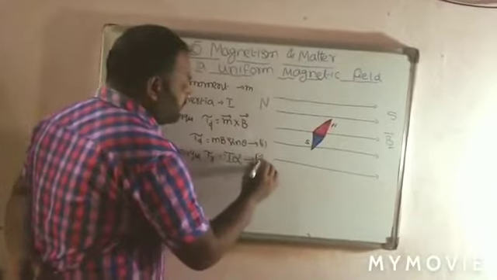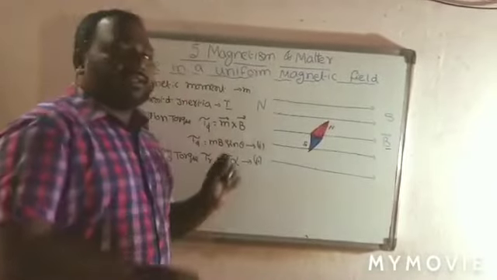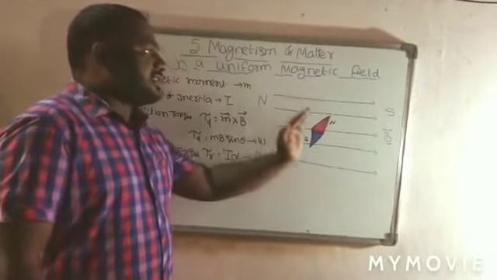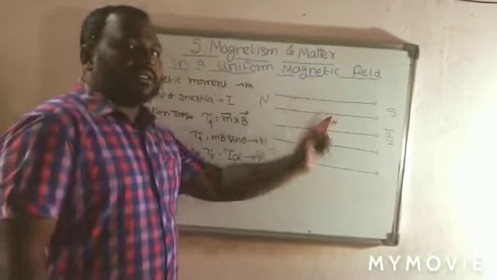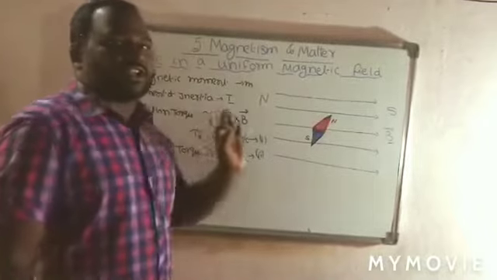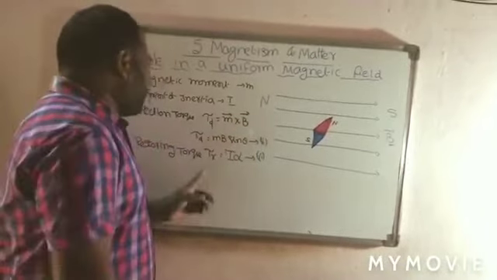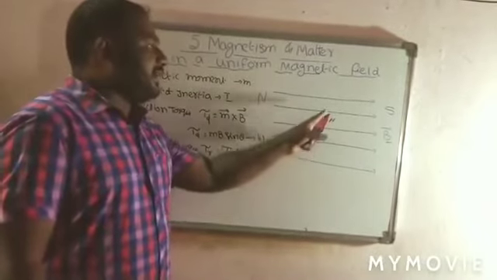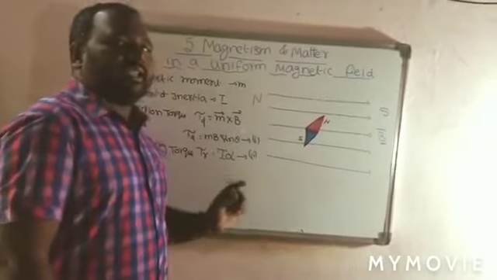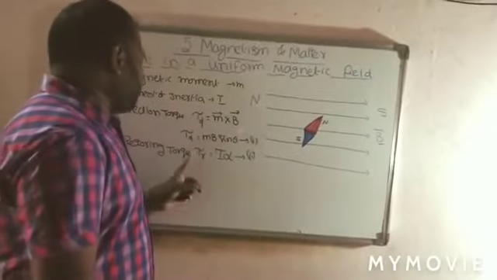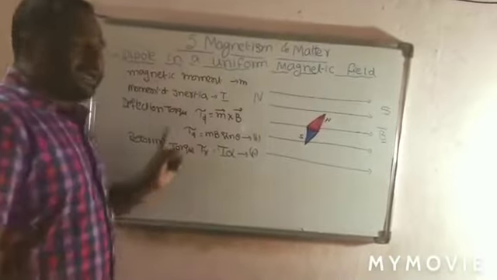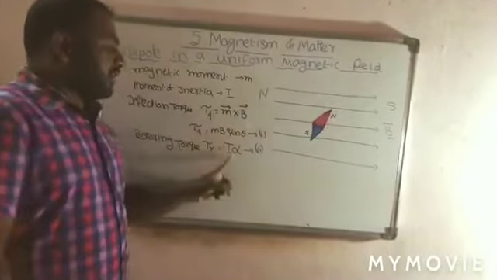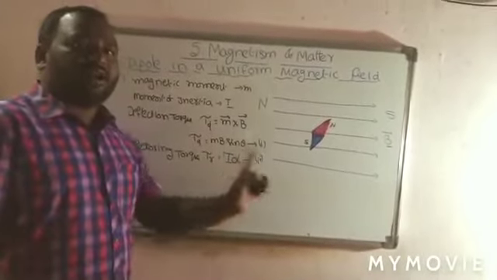This is equation 2. So clearly observe, there are two torques. The first torque causes oscillations in the magnetic dipole. That torque is known as the deflection torque, and another torque is used to oppose that deflection and bring it to the equilibrium position. To reach the equilibrium position, the torque can be taken as a restoring torque. Here the deflection torque is mB sin theta and the restoring torque is nothing but I into alpha.